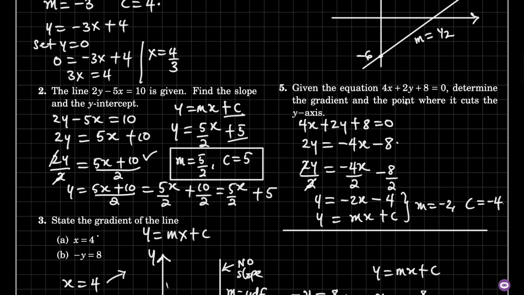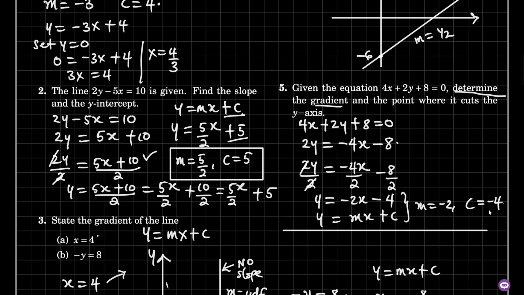Now back to the question. Determine the gradient. The gradient is the slope. M is equal to -2. So the gradient is -2. And the point where it cuts the y-axis. Where it cuts the y-axis, if we are to be